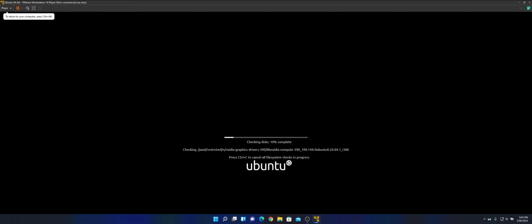You can leave this check, but you can also press Ctrl C, or it's a shortcut actually, but it seems that it isn't working in VMware or the virtual machine. You can let it run because it will take a few seconds. Oh, it skipped apparently. When it arrived at 100%, it skipped. Okay, that's strange, but that's it. I can't do anything about it. So now it's loading, and